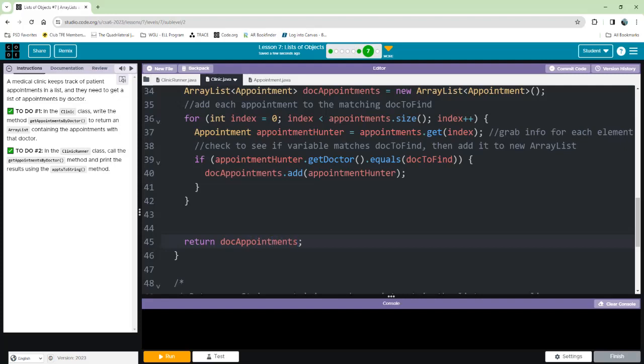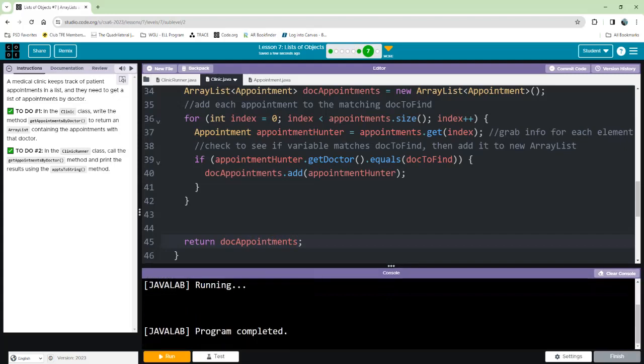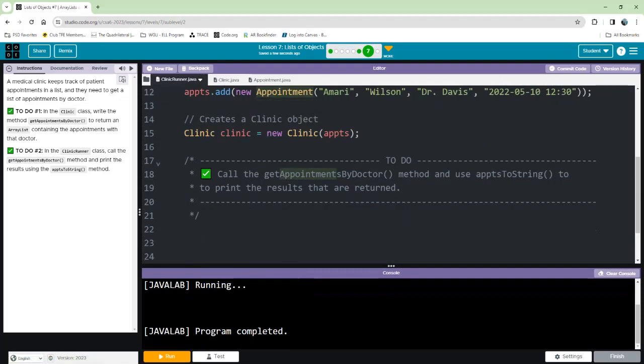All right. Hopefully I spelled that correctly. Let's run it just to make sure there's no errors. Will my internet hold up? Okay. So it ran, no problems. Great. So then when I go to Clinic Runner, this is the one where we have to call the appointment